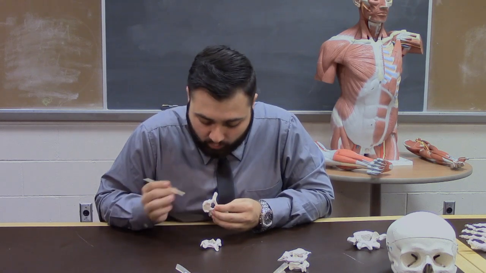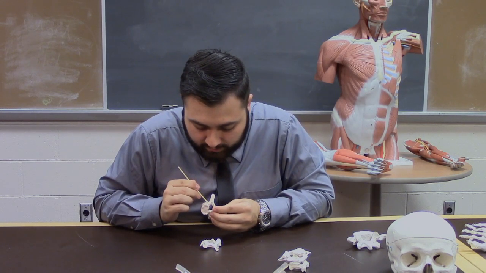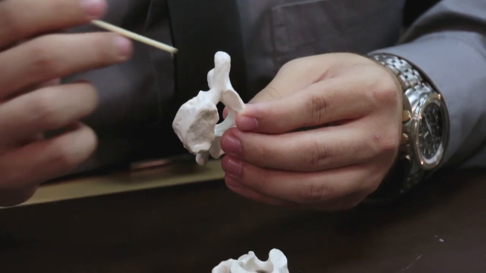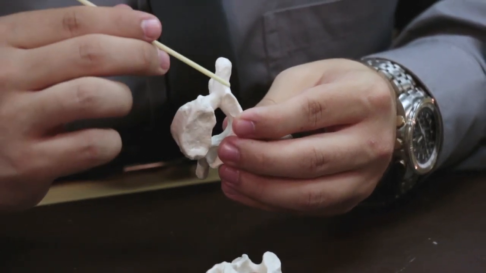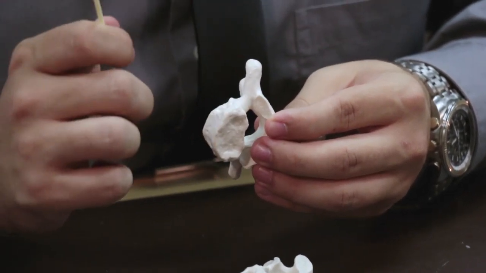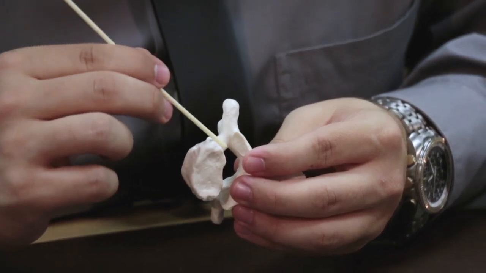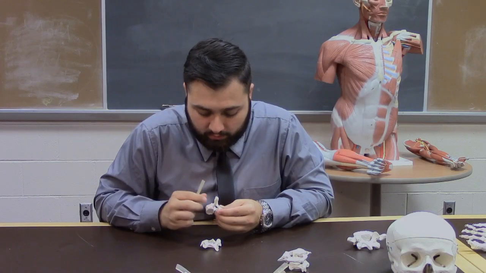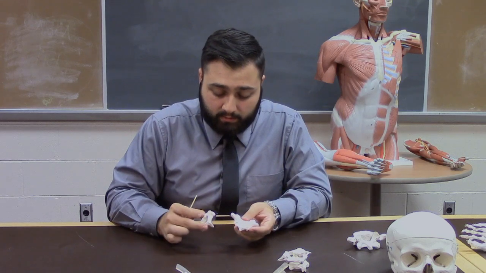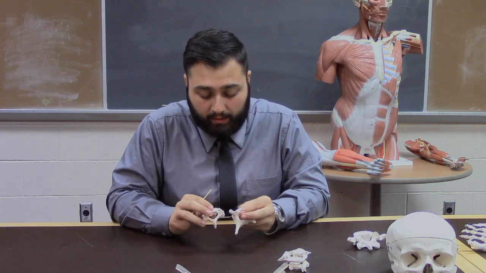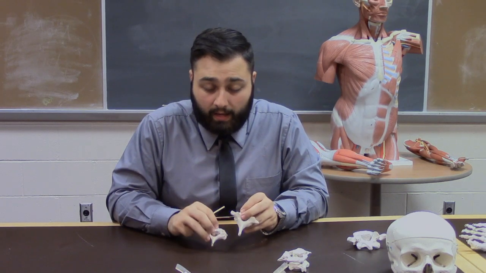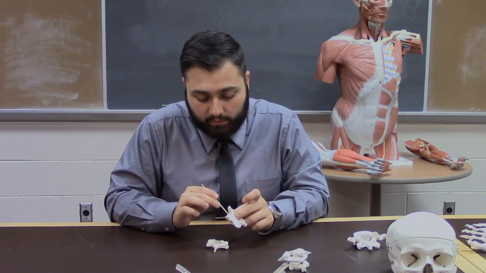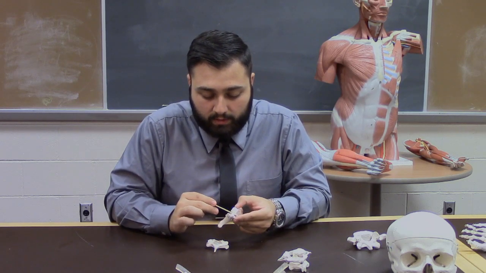Everything else is about the same. Here now, we're forming an inferior vertebral notch. That's where a lot of the nerves are going to go through. I'm sorry, that is actually where the ribs are going to articulate. So inferior vertebral notch is right there. So the biggest difference between cervical and thoracic that we know so far: inferior vertebral notch and no transverse foramen